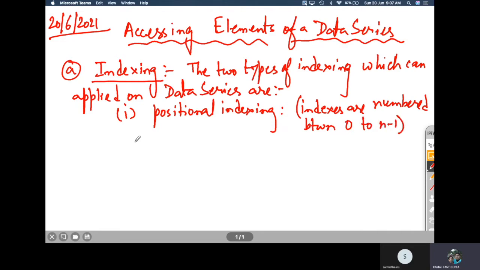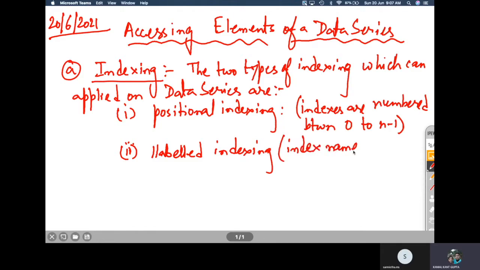And the next type of indexing is what is known as named indexing or labeled indexing, right? So labeled indexing, where we use index names.